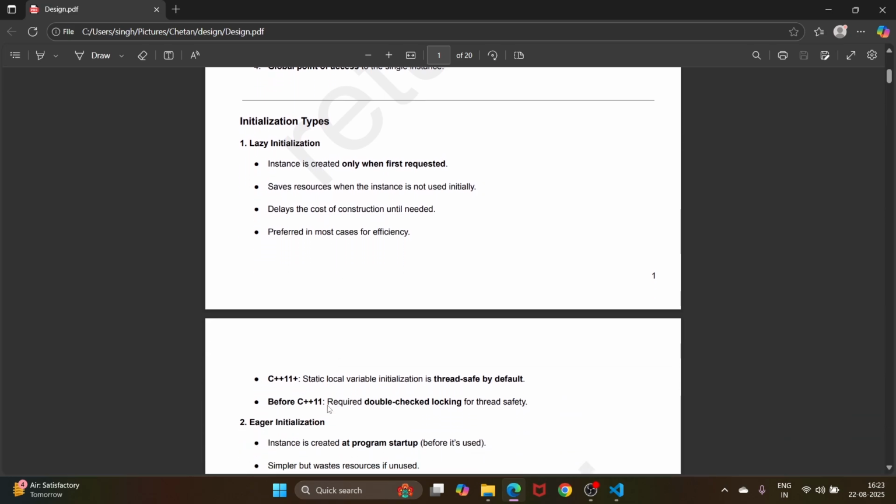Then what are the ways of implementing the singleton pattern? There are two ways. First is the lazy initialization. Second is the eager initialization. As the name suggests, lazy initialization means that we create the object when it is required. So when the static instance method that we are talking about is called, at that time the object